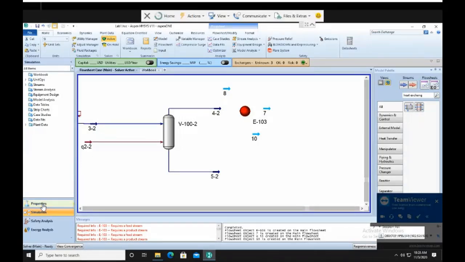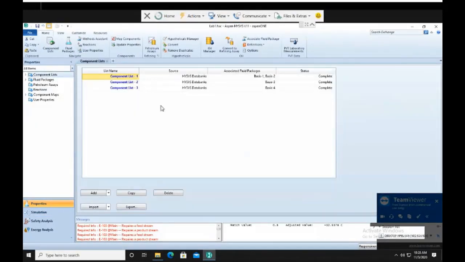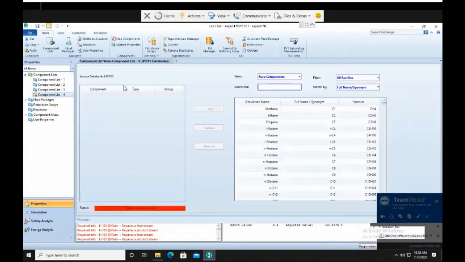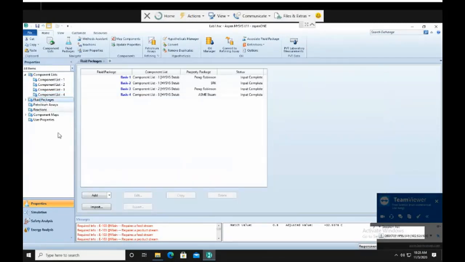Okay, so what you have to do, you have to go back to properties, and then you have to select component. Okay, now the component in here, I already have the component, but let's just add them, so I don't confuse you, because just now we shared the page with the one above. So let's choose refrigerant 114. You add it there, and then you go to fluid package. Then for fluid package,